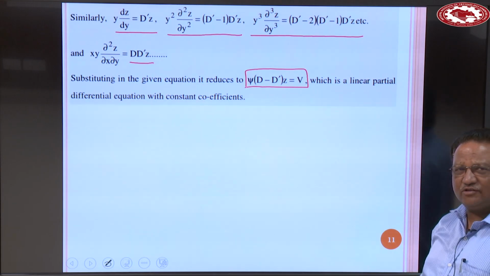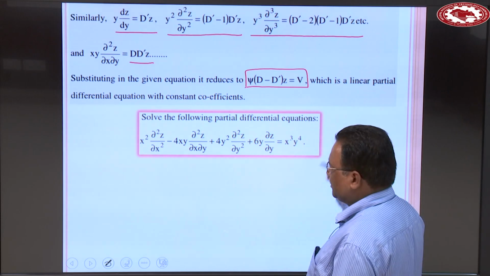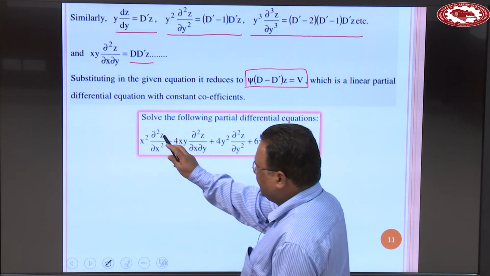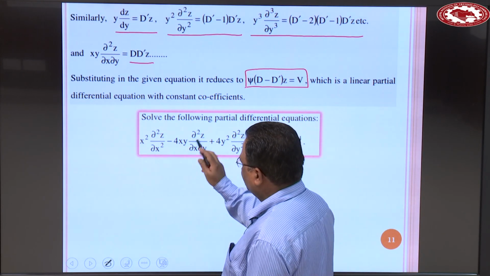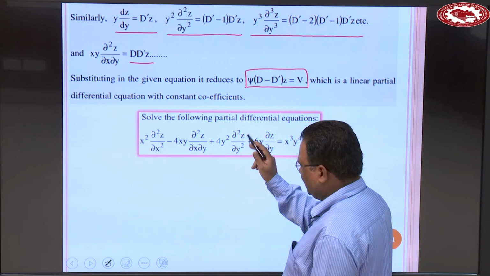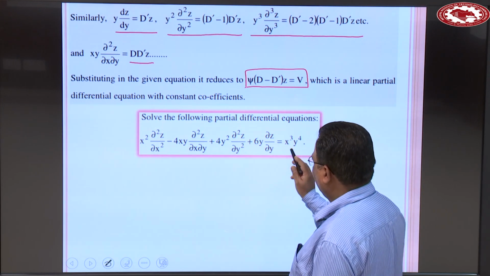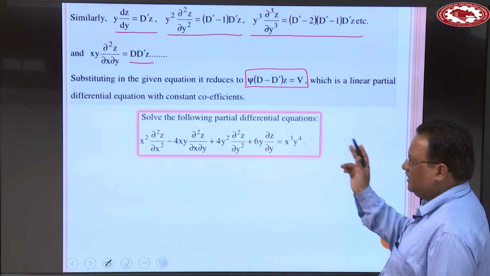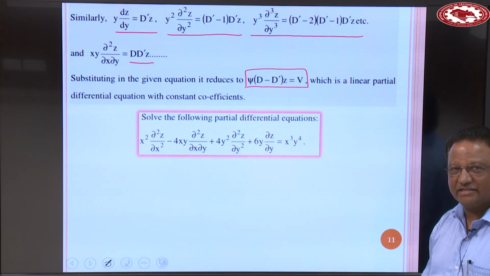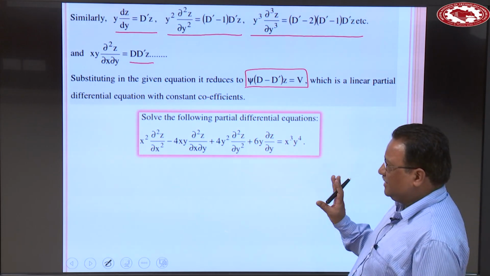Okay. So let us solve few problems related to this reduction form. Solve the following differential equations. ठीक है. अब देखिए ये 2 है तो यहाँ x स्क्वायर है, ये 2 है x1 y1 2 है, यहाँ 2 है डिग्री सॉरी ऑर्डर, तो यहाँ पे y स्क्वायर है, यहाँ 1 है तो यहाँ y है. ओके. And x cube y to the power 4, that one is capital F of x, y.